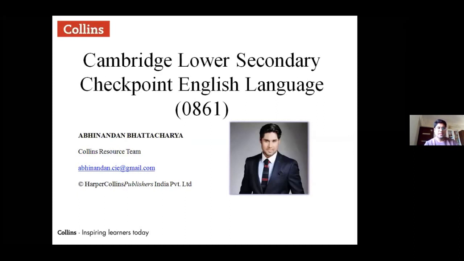We are definitely very excited to start the new year with a new normal mode and, yes, with a lot of new challenges. So the first challenge is the shift from the lower secondary checkpoint erstwhile syllabus of 1111 to 0861. I remember some of you had asked me whether this is mandatory. Well, it is, because you need to shift, given the changes in syllabus and curriculum, because that's exactly how you are creating the bridge, or rather bridging the gap, to IGCSE First Language English.